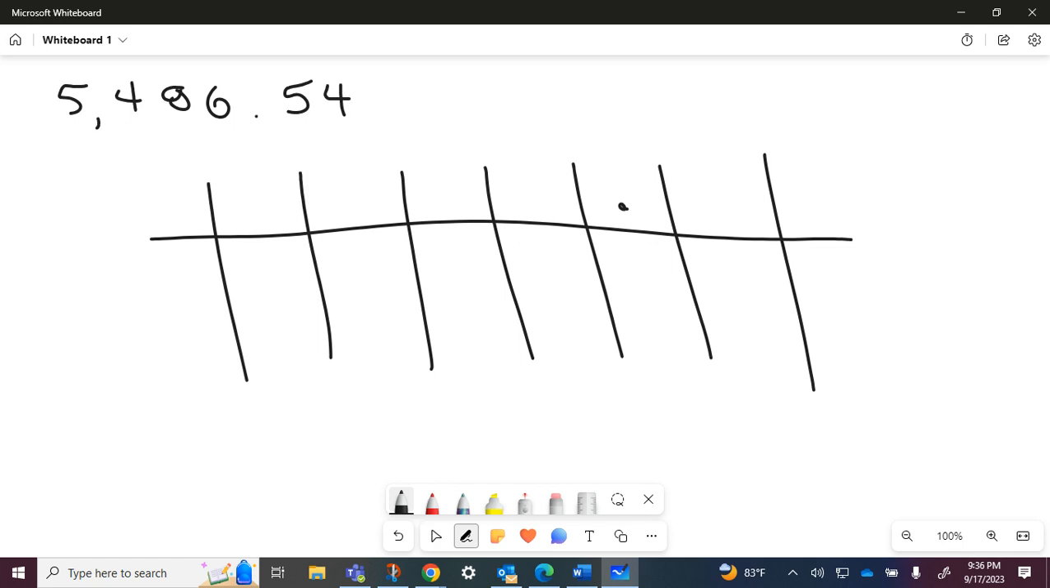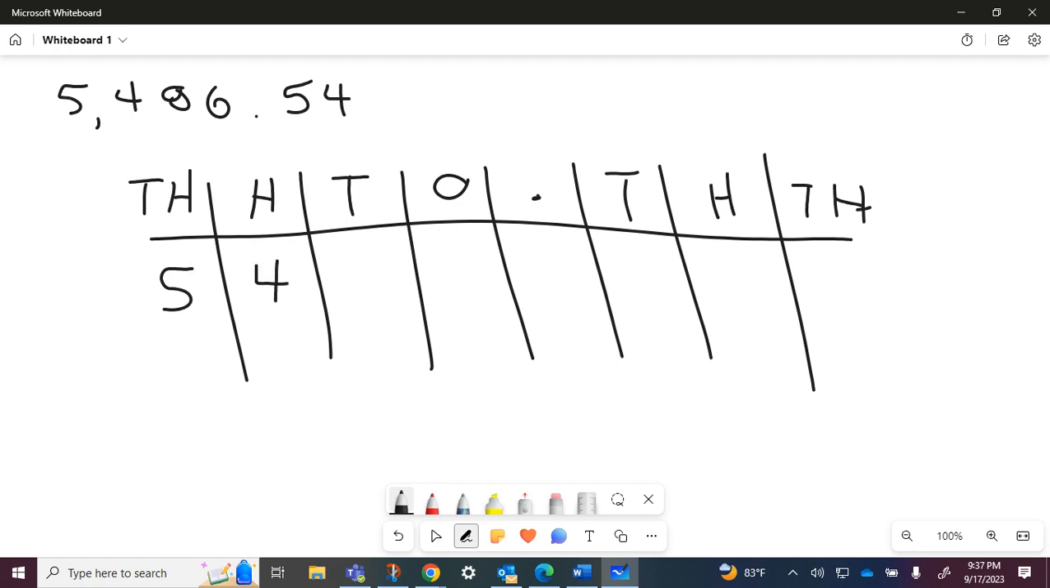all right, so I've got my thousandths place, my hundredths place, my tenths, my decimal point, my ones, my tens, my hundreds, and my thousands. So this would be 5,486 and 54 hundredths. So when you're trying to think about, let's say I'm looking for the value of this 5 here,